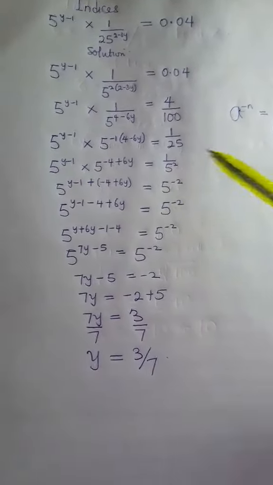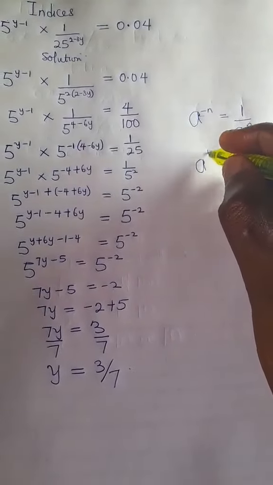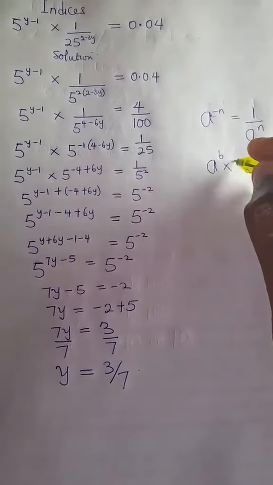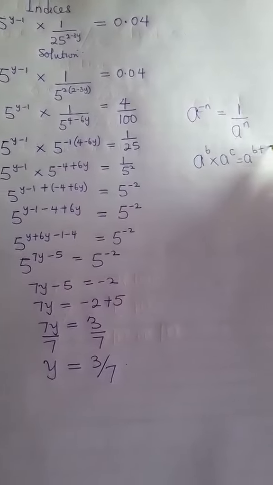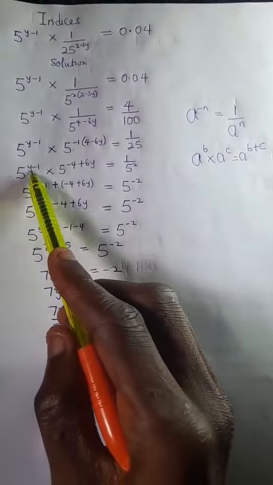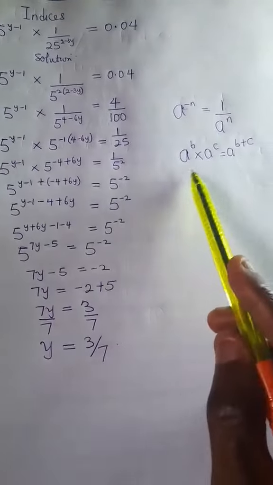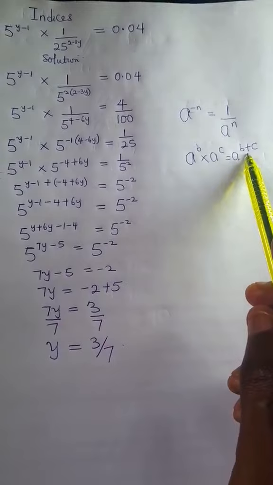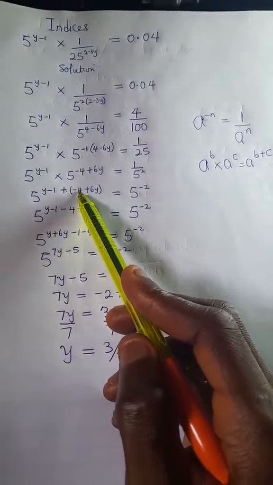The next thing we want to do is go by our law of indices that states that if I have a raised to power b times a raised to power c, this is going to give me a raised to power b plus c. So we go by that law, and that is why we are doing this: 5 raised to power y minus 1. Since we have a multiplication, this changes to addition at the index, and we have plus minus 4